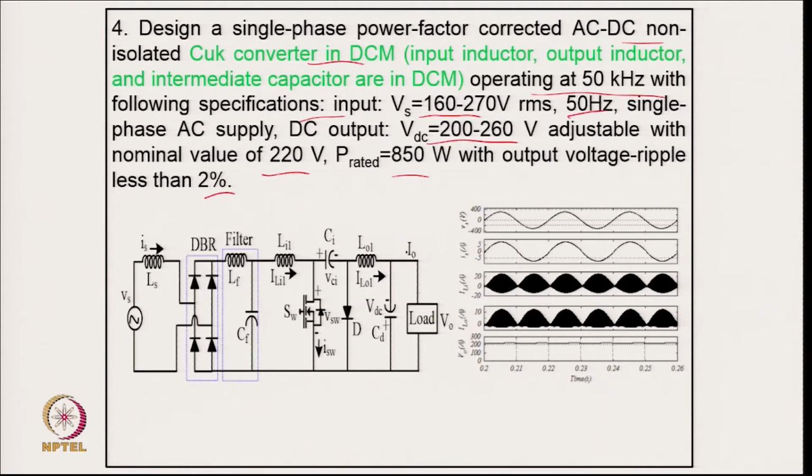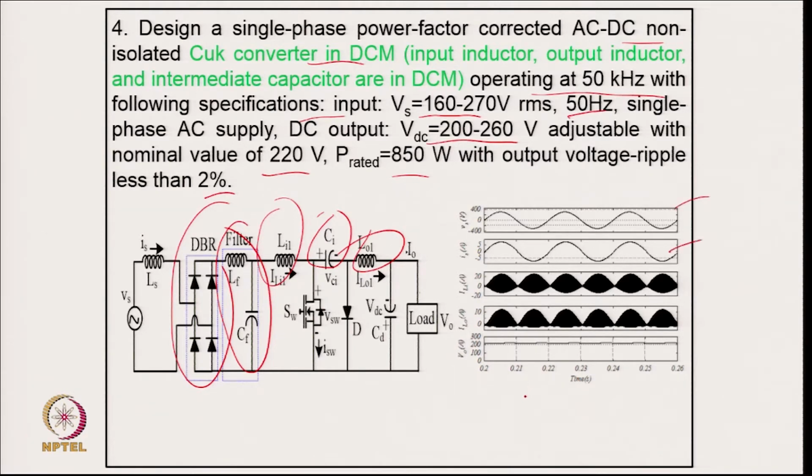Well, you can have a large number of solutions here, since you have 3 elements and all 3 can operate in discontinuous mode. Of course, this is the diode bridge rectifier followed by an LC filter. So you will get 2 to the power 3, 8 designs, of which the all-CCM design we considered in the previous problem. Now, you can even take all in discontinuous conduction mode, and after designing properly, like this converter and putting the design values here, we are able to get typically the waveform,